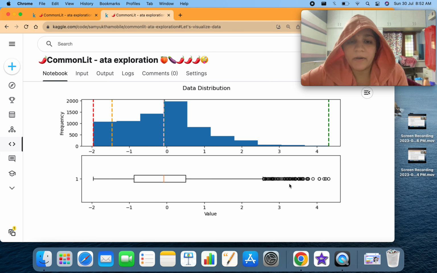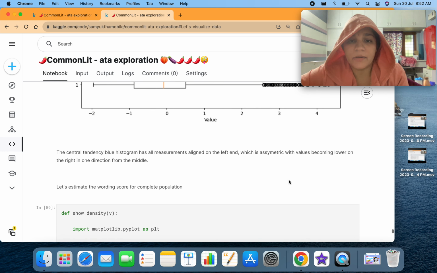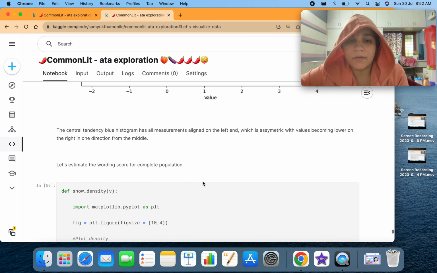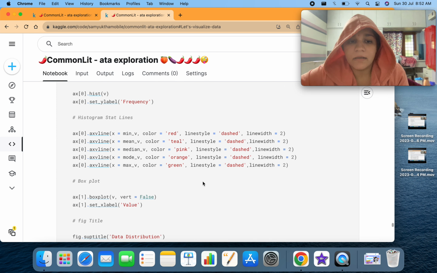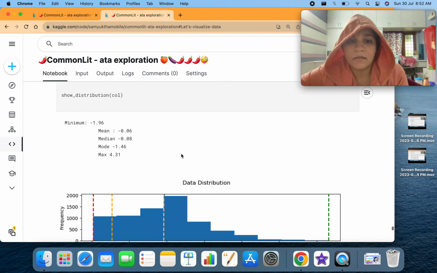You have seen the box plot in a horizontal fashion, but this is a horizontal box plot, and this is the vertical box plot. So you can also rotate your box plots. Like vertical equal to false, that's why it came out as horizontal. And